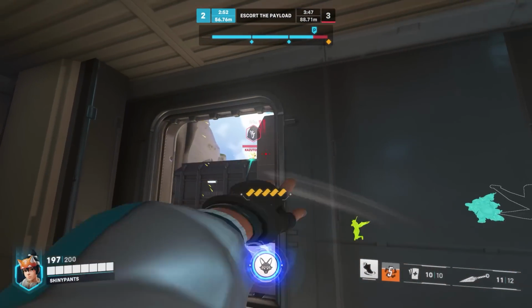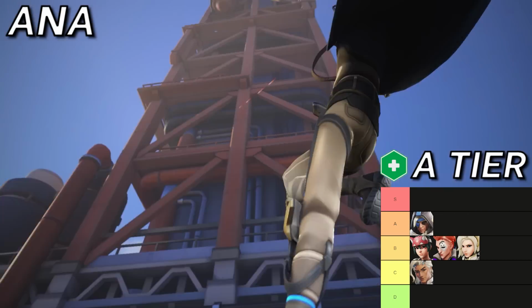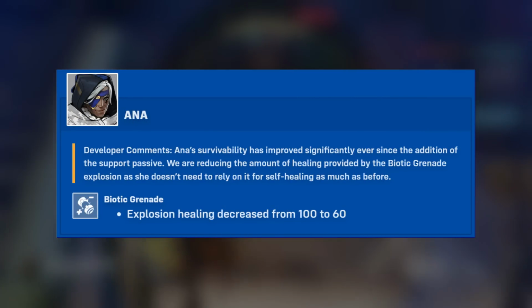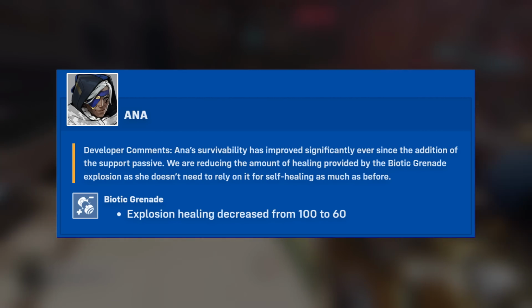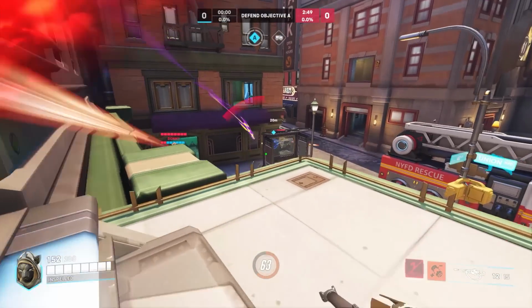Alright, moving up to the A tier, my first hero here is going to be Ana, and she actually received a bit of a nerf this patch. The explosion healing of her biotic grenade is being reduced from 100 down to 60. This does make the defensive utility of Ana a bit weaker. It makes her self-survivability a little bit weaker as well, but overall the offensive power of her biotic grenade is still overwhelmingly strong,